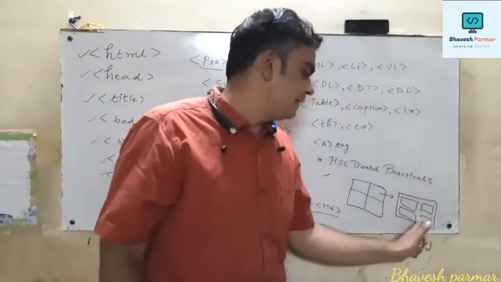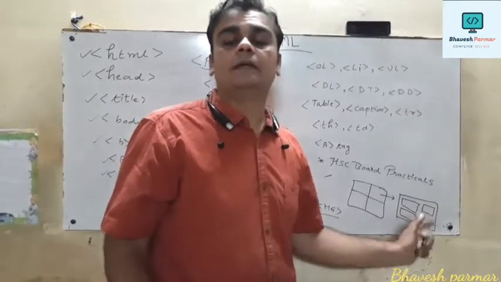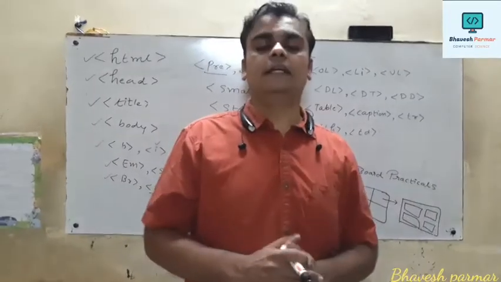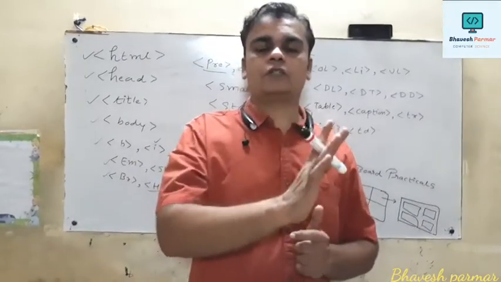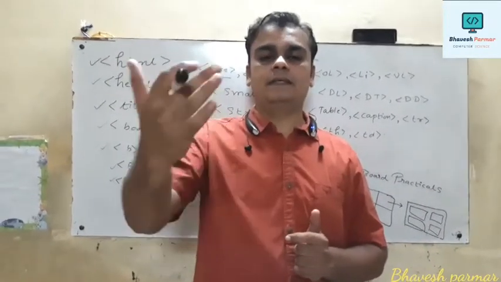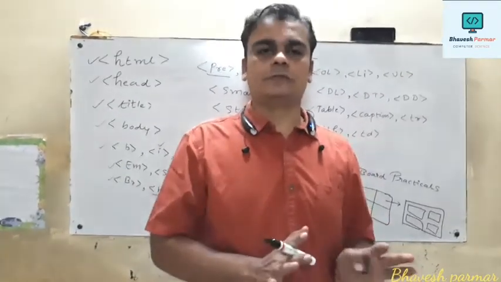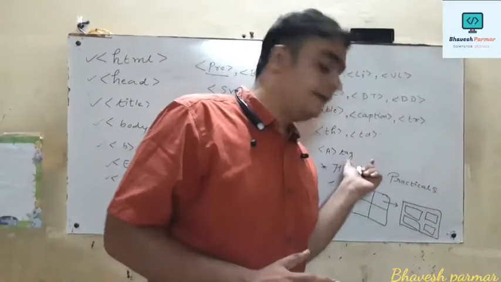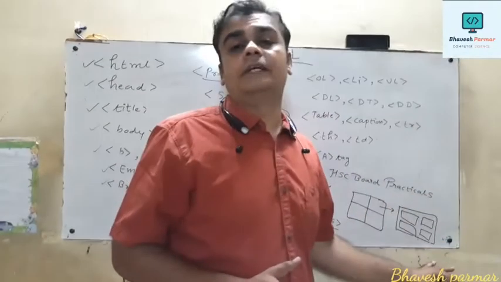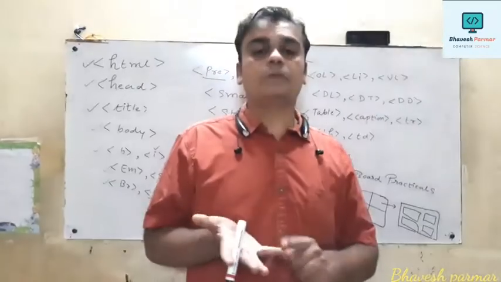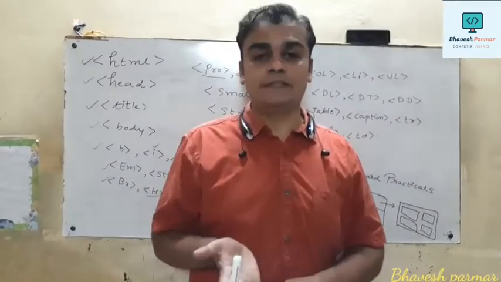Means a gap is present in between 2 neighboring cells, and its effect is shown throughout the table. So if in the first row we use 10 spaces and in the next row 20 spaces, 30 spaces, it is not possible. Its effect is given throughout the table, and your table will look more attractive. So for that purpose we recommend cellspacing attribute.